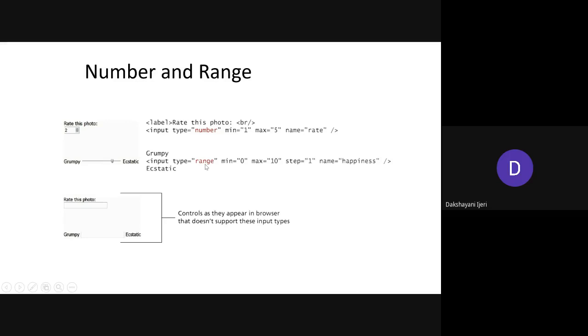with a type value of range, and as usual you are going to use these two attributes to fix the min and the max value that can be taken with this kind of range. And you can see one more attribute used here, step. Why the step attribute is required: by default, if you increase, it is going to increment by 1,